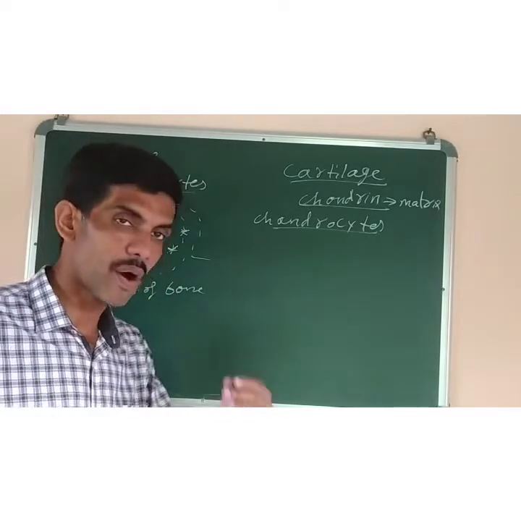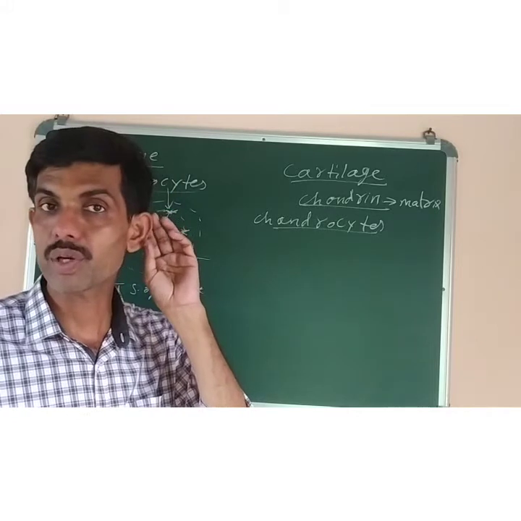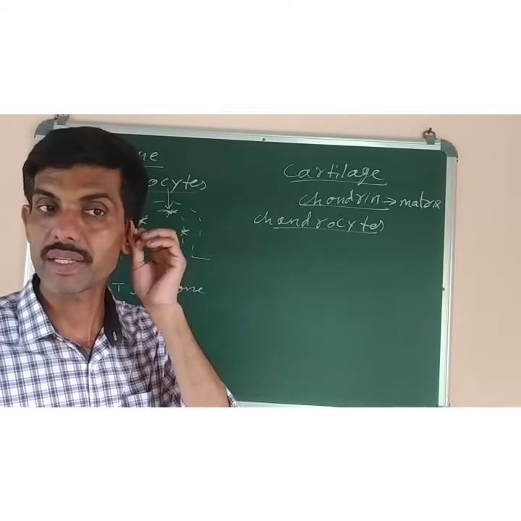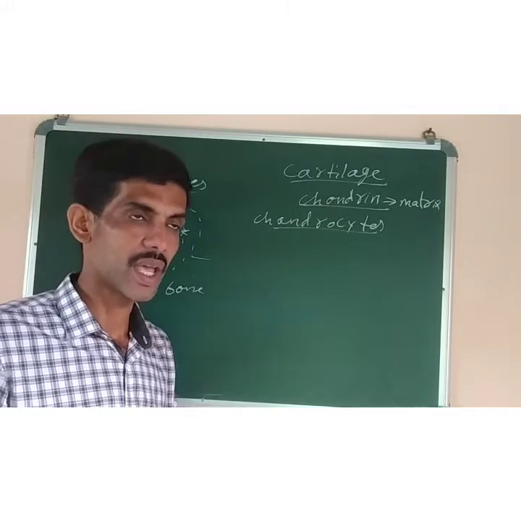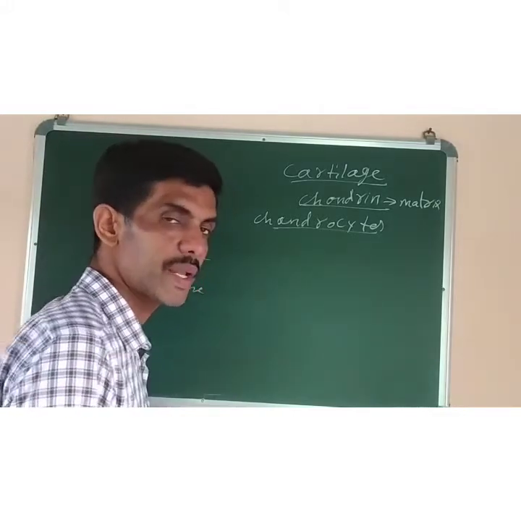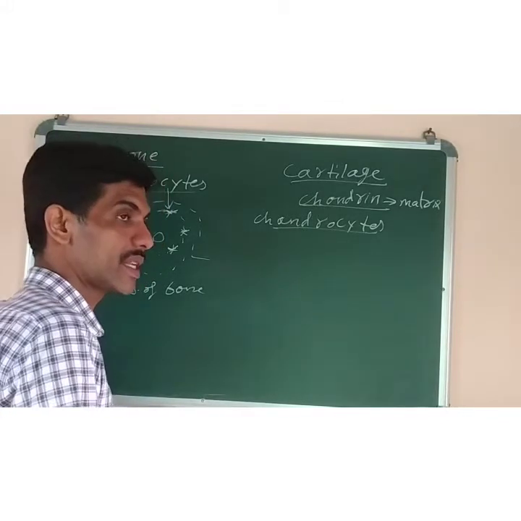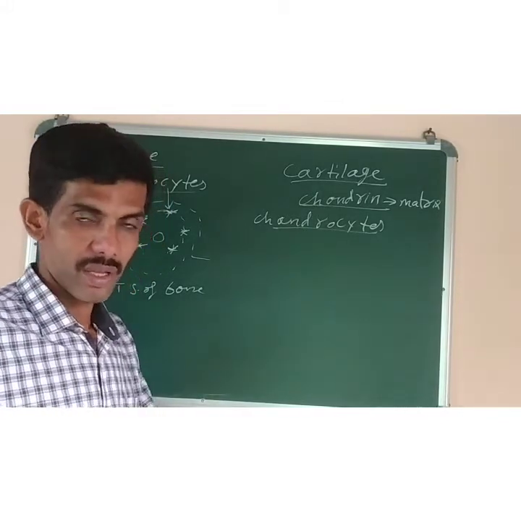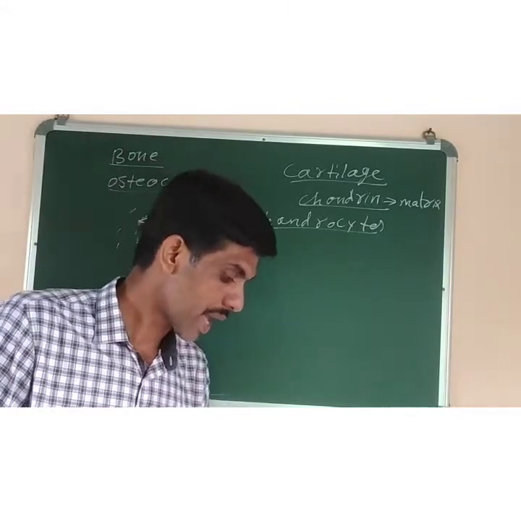And cartilage is found in the tip of the nose. You can see this hard substance is called cartilage. It is also present in our external ear. There are no bones present in the external ear or the pinna. It is also present in between the small vertebrae of the backbone, which is known as the cartilage disc. So a disc slip happens sometimes when doing some exercise. It provides support and flexibility.